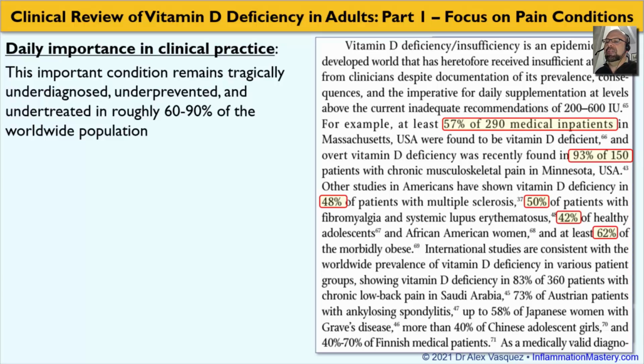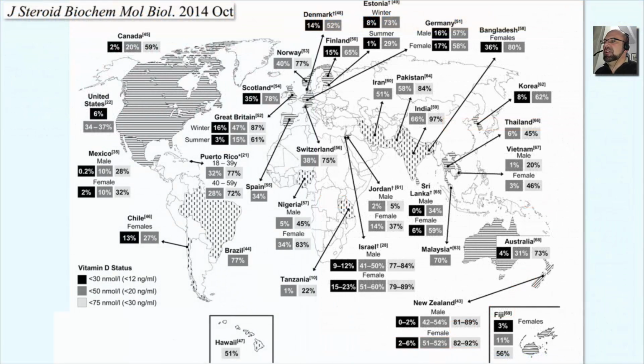Other studies showed deficiency among 83%, 73%, 58%, more than 40%, and 40 to 70% of Scandinavian medical patients. If we look at a more recent publication, this time from Journal of Steroid Biochemistry and Molecular Biology 2014,